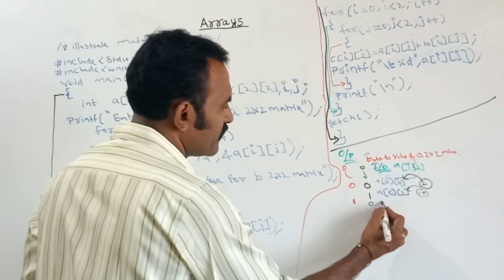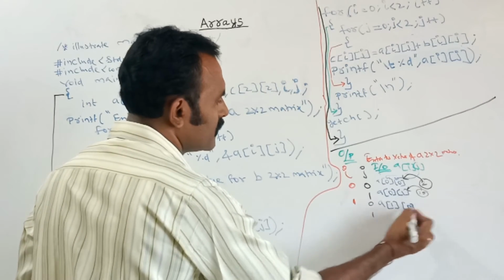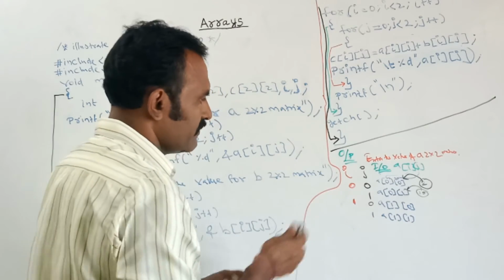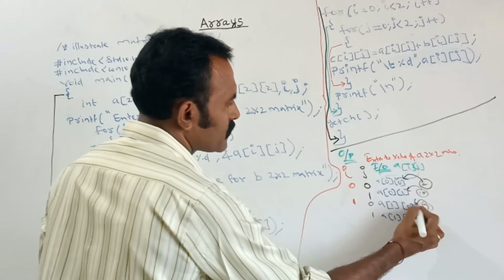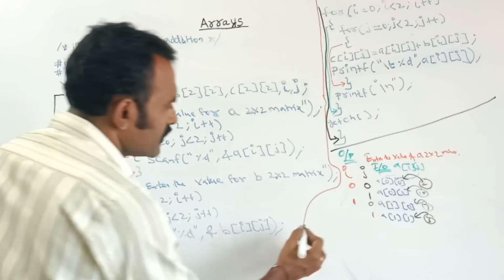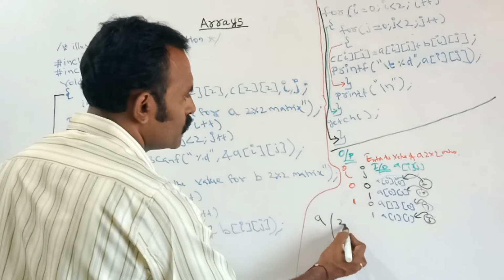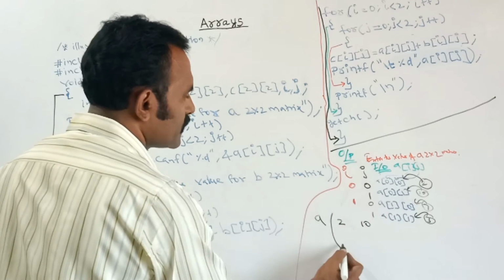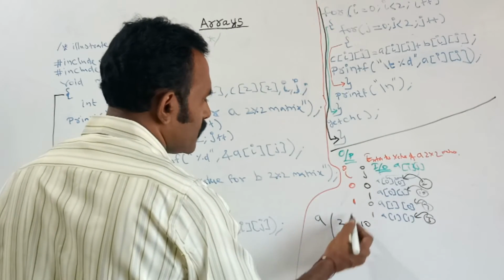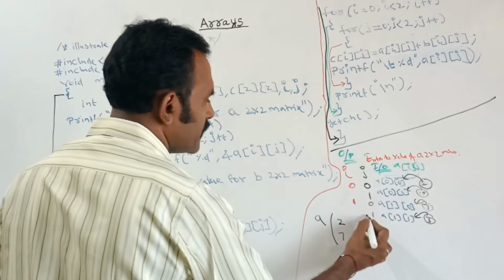See here for each and every position, that is a of first row and 0th column, a of first row and first column. Suppose here if you are giving the value 7, it is stored here. If you are giving the value 3, 3 will be stored here. So this is the A matrix. Here what is the value? 2, 10, 0th row, 0th column. Next 0th row, first column, the value is 10. Next first row and 0th column, the value is 7. First row, first column, the value is 3.